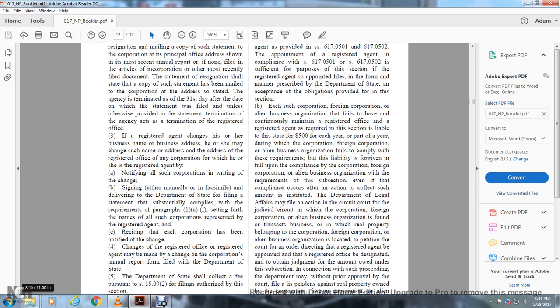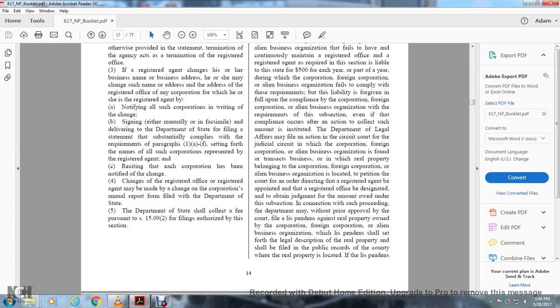To collect such amount, the Department of Legal Affairs may file an action in the circuit court for the judicial circuit in which the corporation, foreign corporation, or alien business organization transacts business or in which the real property belonging to it is located, petitioning the court for an order directing the appointment of a registered agent and designation of a registered office, and obtaining a judgment for the amount owed under the subsection. In connection with such proceeding, the department may, without prior approval of the court,